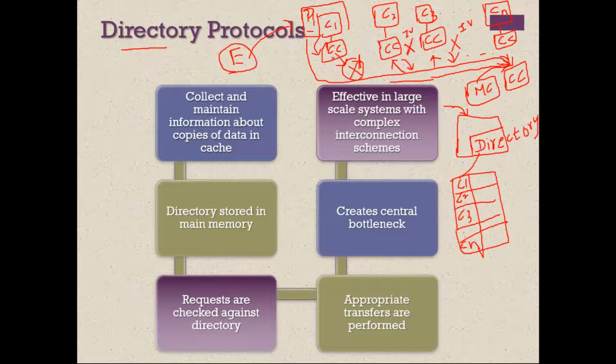Coming to the write operation, if P1 wants to update some particular line in its own cache, P1 cannot do it directly. It should request the centralized controller, saying I want to write, I want exclusive control over x. Because x may be somewhere else also, x may be shared with others, so it is not exclusive. So P1 should request exclusive access.